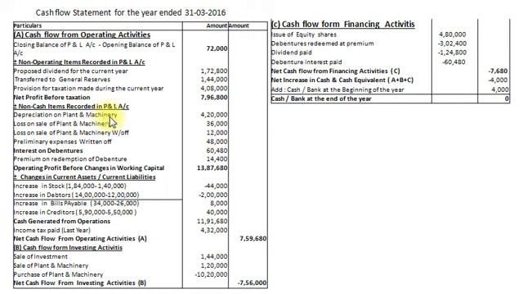In this profit we will give the adjustment effect of non-cash items recorded in profit and loss account. Depreciation on plant and machinery rupees 4,20,000. Loss on sale of plant and machinery rupees 36,000. Loss on plant and machinery written off rupees 12,000. Preliminary expenses written off rupees 48,000. Interest on debentures paid rupees 60,480. Premium on redemption of debentures written off rupees 14,400